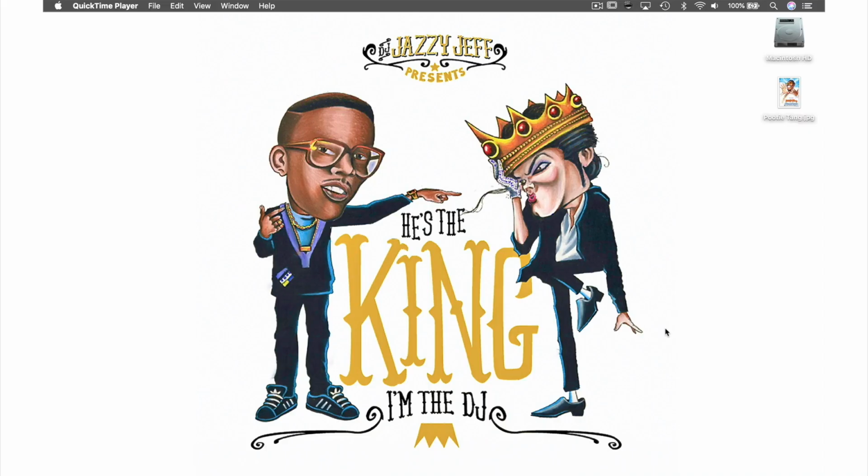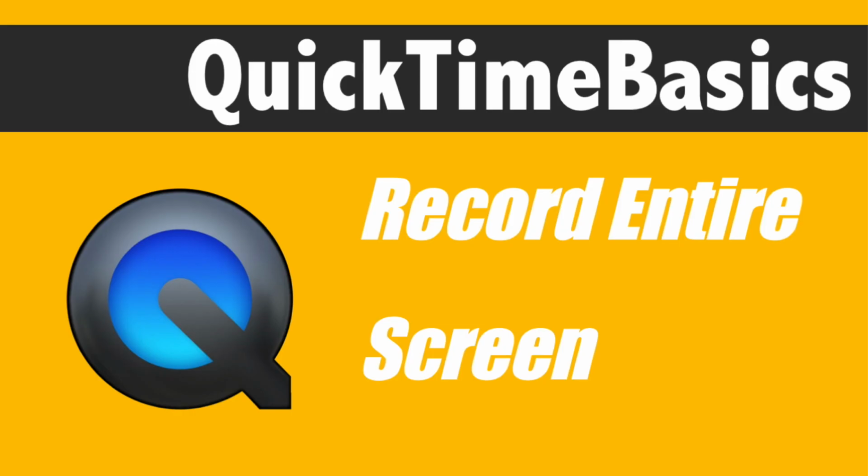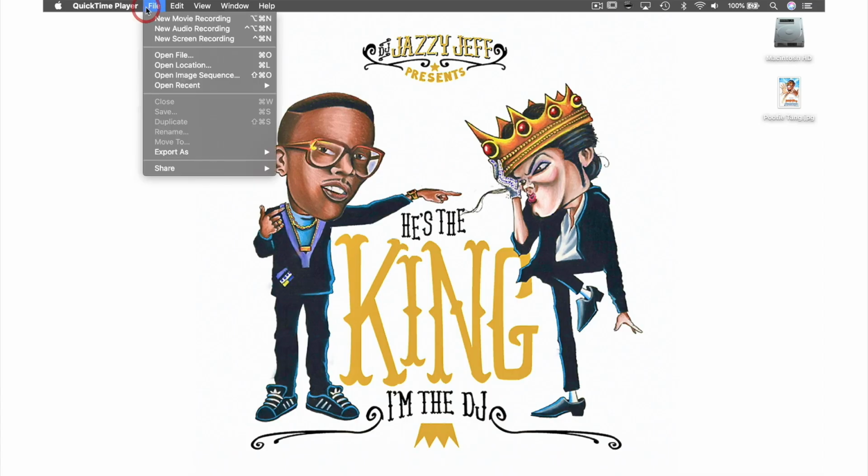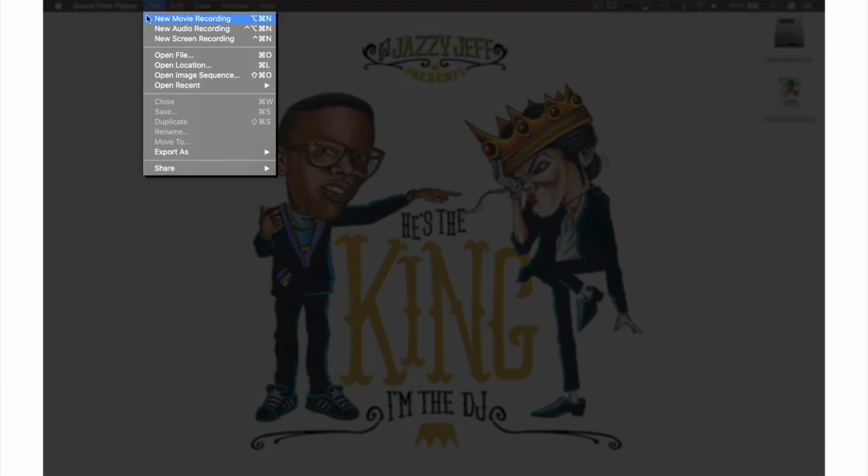In this video, we will be exploring two ways we can capture and record our screen in QuickTime. The first way is to record the entire screen. We do this by coming up to File in the menu bar and from the drop-down menu selecting New Screen